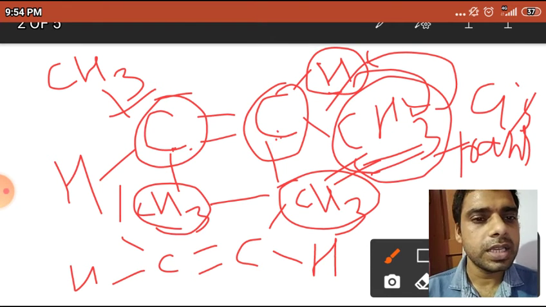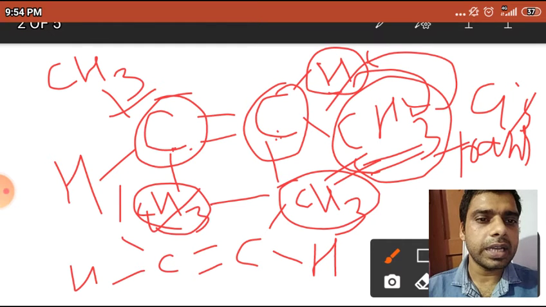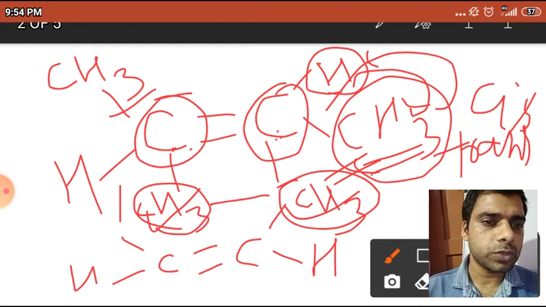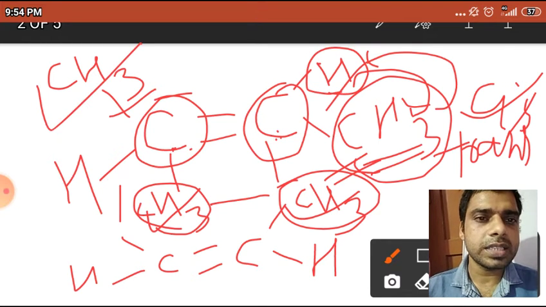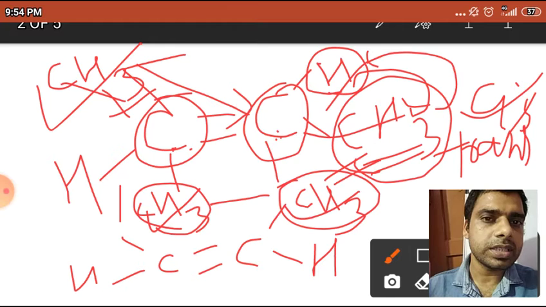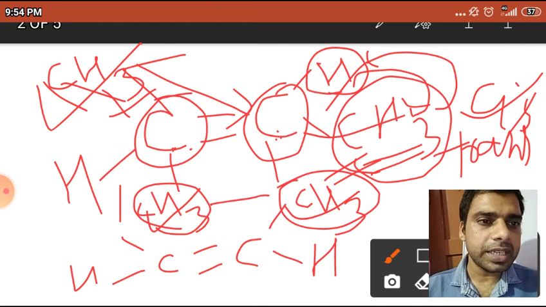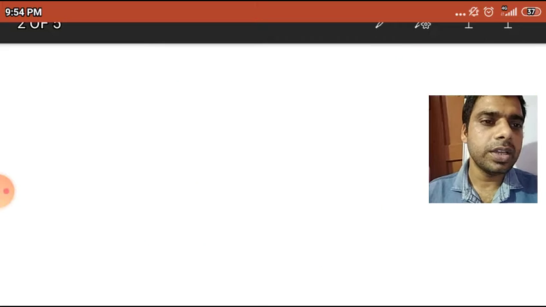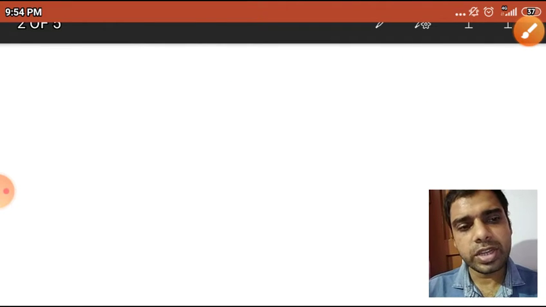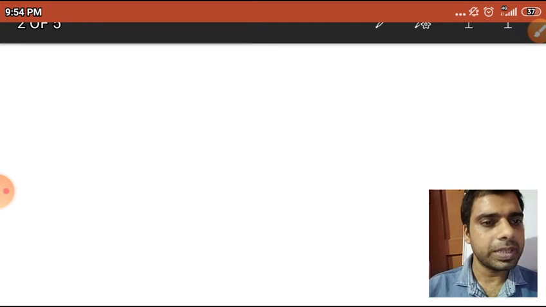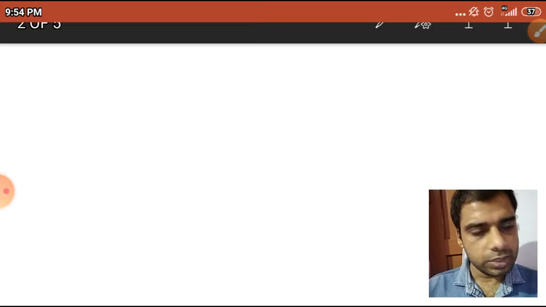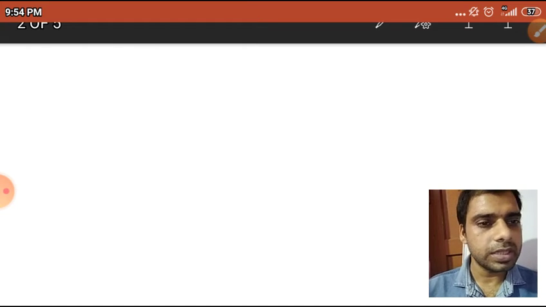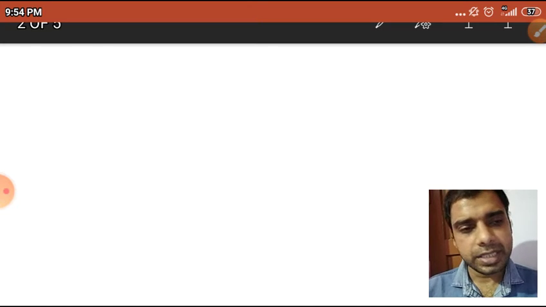What does it mean? Cis means that this methyl is on the same side of the organic compound. But if this CH3 is here and the other is opposite, one CH3 going this side and one downward, that is known as trans. So two types of stereoisomerism are there: geometrical and optical. The optical we will do in the next chapter, and in the geometrical we should have some information. Geometrical can be cis, and it can be trans also.